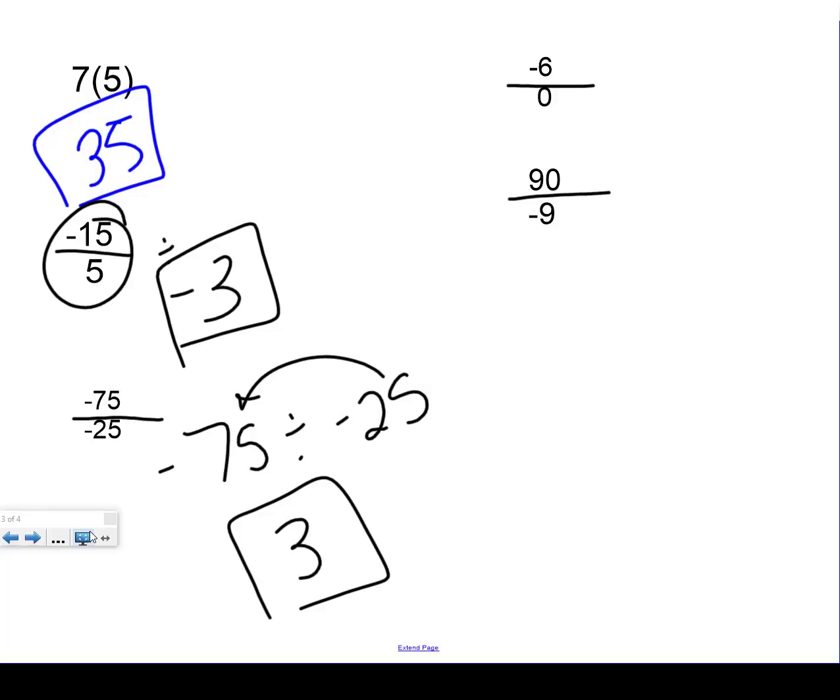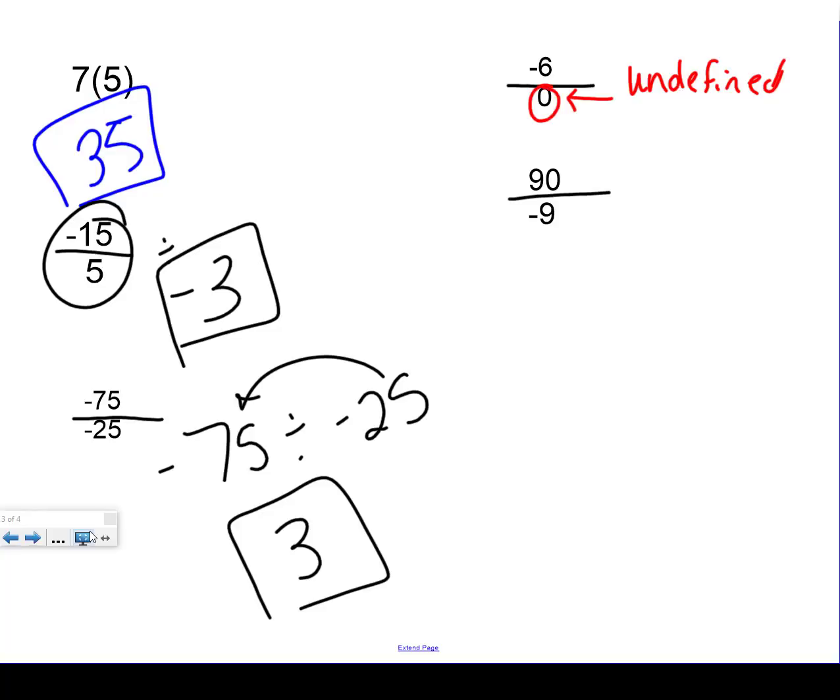Okay. The next one is a -6 divided by 0. What happens when we have a problem like this? Well, remember that when you are dealing with fractions, for this guy, well, this is a bad example. Let me go back to the one we just were talking about. It means that when I'm drawing a picture with how many pieces, it means that there are no pieces. If there are no pieces to even discuss, it means there is no picture. So that means that this problem is undefined